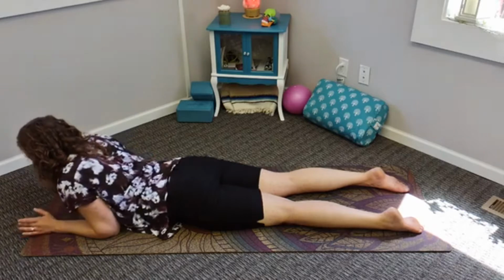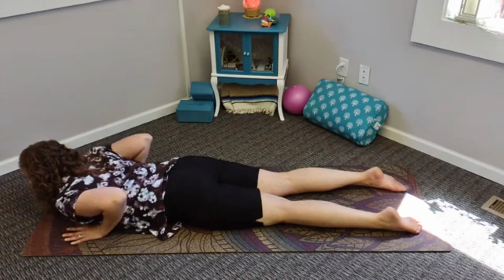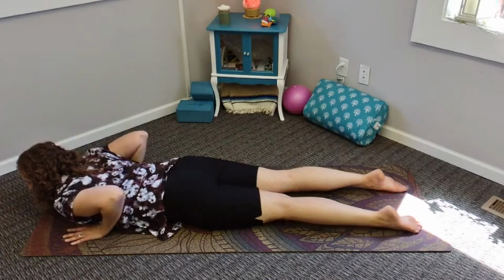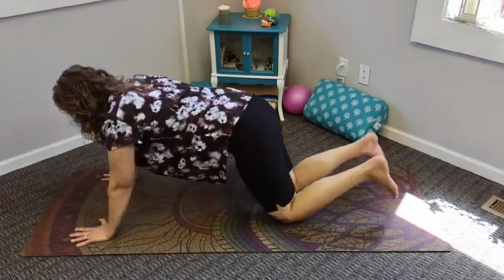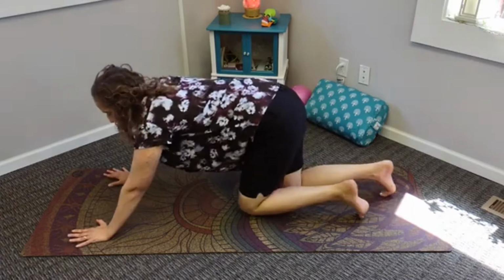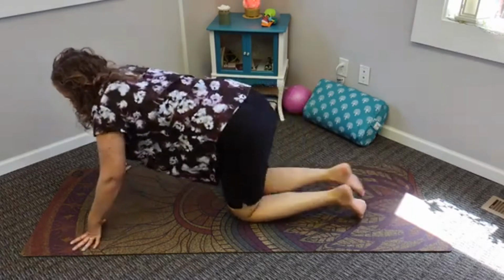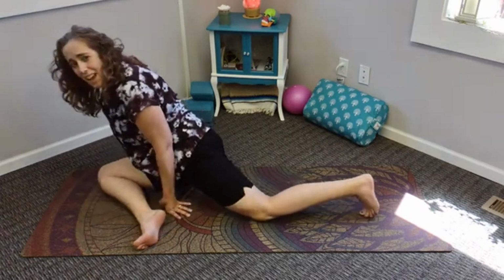All right, and then relaxing down. Take a moment here. Feel free to bring the hands underneath your shoulders. We're going to come up onto hands and knees with an exhale, and we're going to bring the right leg up so the shin is parallel with the front edge of the mat. And we're going to go ahead and sit on that right hip,